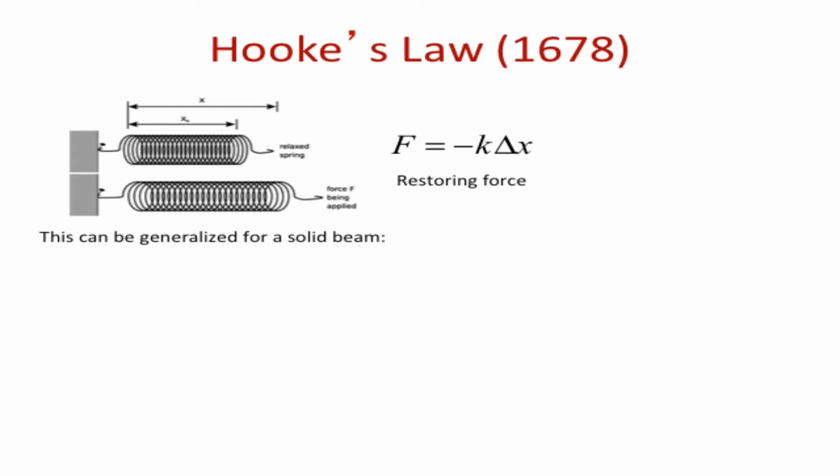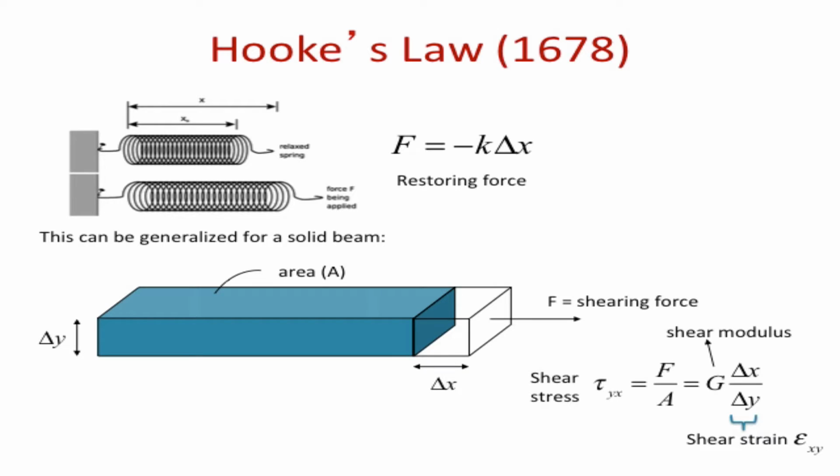So Hooke's law says, if I stretch a spring, then the restoring force trying to put it back into its original position is proportional to the delta x, where delta x is this enlargement of the spring. Now, if I look at this being a beam or a material rather than just a simple spring, then I will still have delta x, which is typically going to be very small, and my shear stress is still going to be